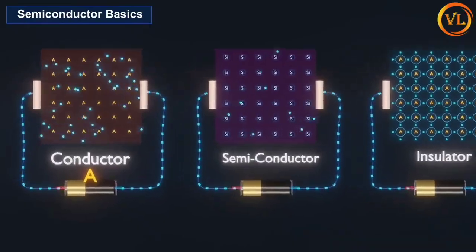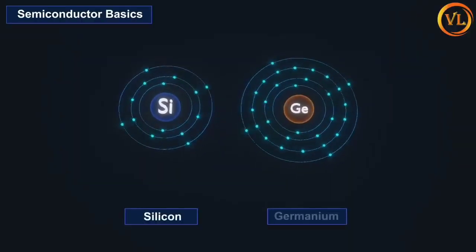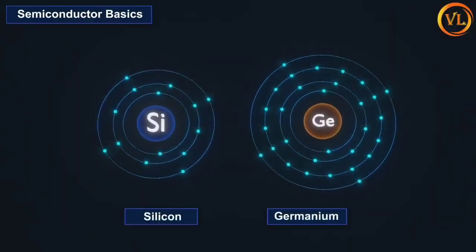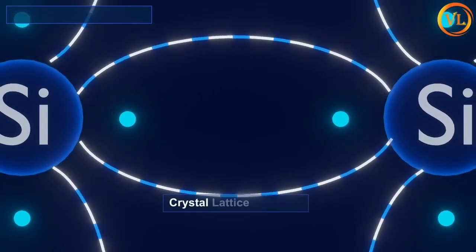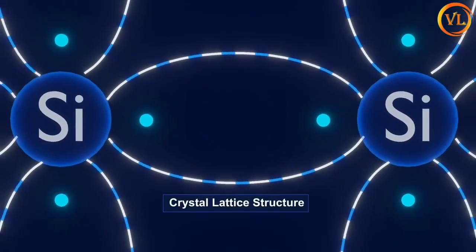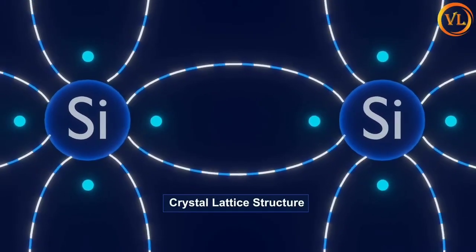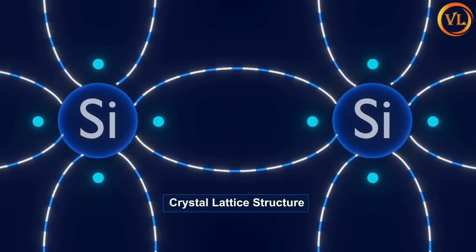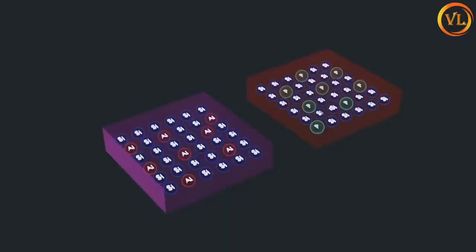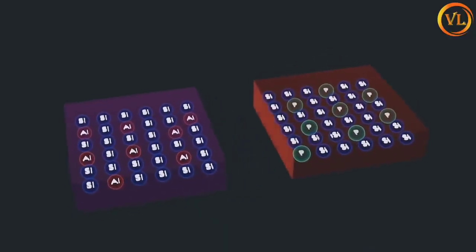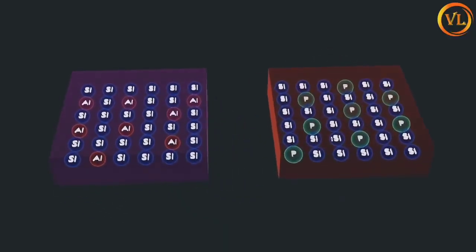Basic semiconductors: conductor, semiconductor or insulator. Semiconductors are mainly silicon and germanium. Positive and negative barrier voltage at the PN junction. In a positive ion, the total number of electrons orbiting the nucleus of an atom is less compared to the total number of protons present in the nucleus of an atom.